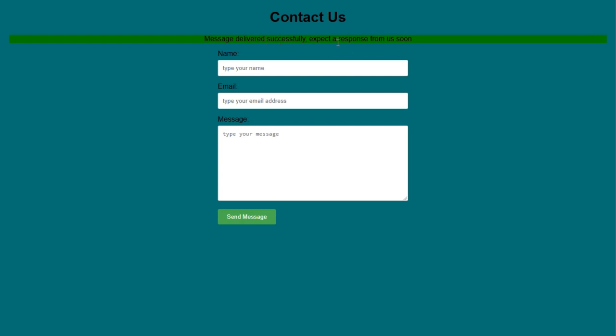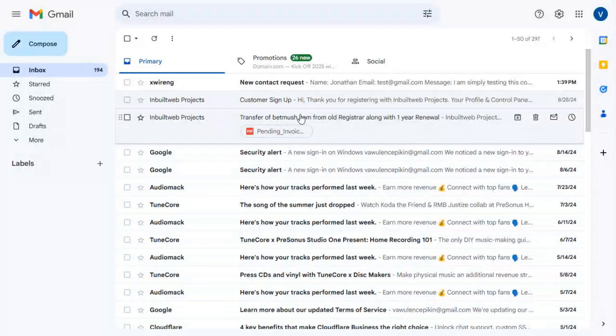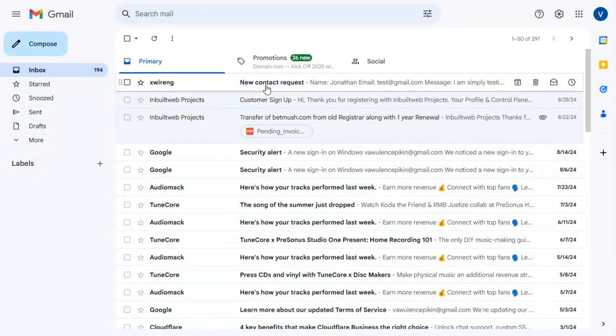So let's check the email we used on the code. That's the receiving email we used on our code to check if we actually received this message I just sent. On the mail, you can see the mail we just received, and you can see the subject, which is new contact request, which is what we used in our code. And now you might be wondering why you are seeing XYRNG here. It's because of the SMTP I used to configure my XAMPP to be able to send mail from localhost,